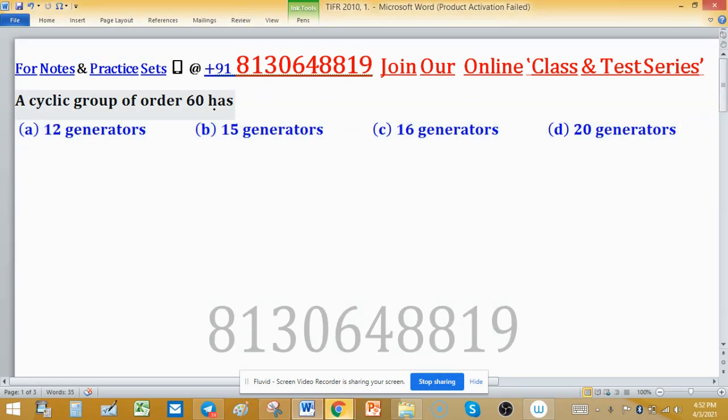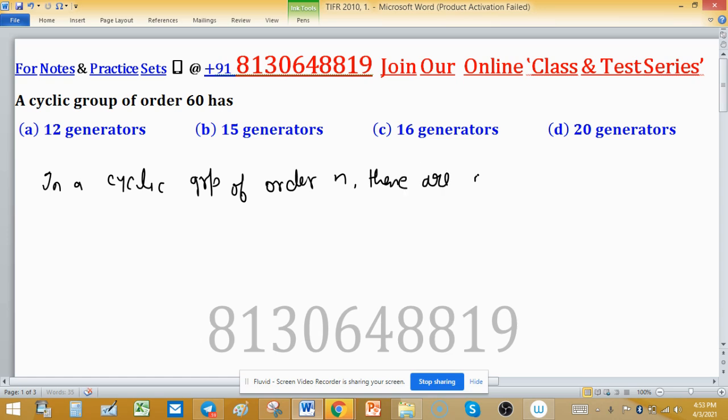A cyclic group of order 60 has how many generators? This is a very easy question. In a cyclic group of order n, there are phi of n generators, where phi is the Euler totient function. Using this concept, the number of generators of a group of order 60 will be